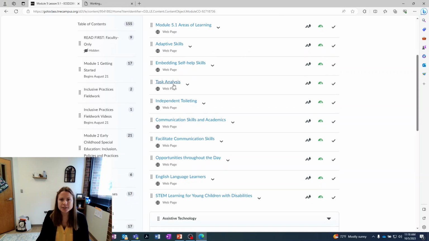What kind of strategy is this and how is this a help, especially looking at early childhood classrooms? Looking at independent toileting and how this is important. How do we facilitate communication skills and teach that? And not only communication skills for academics, but just for being a self-independent learner and telling their needs throughout the day. And what kind of opportunities do we have throughout the day to help the child meet those